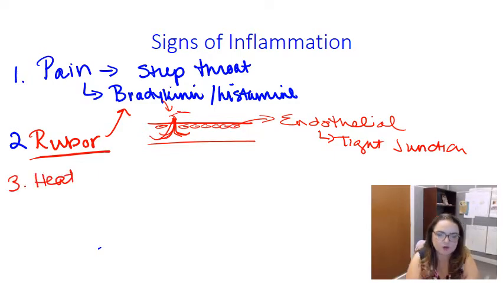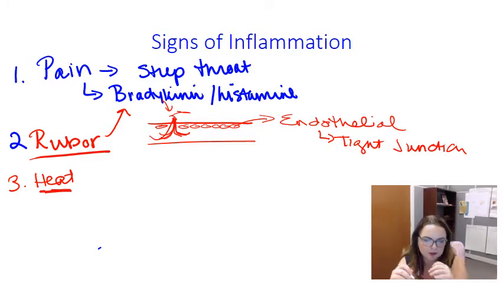We see an actual change in temperature. So if you think about this, I'm not necessarily thinking about fever. We'll talk about that in a minute. But heat is also a reason for the redness. More blood flow into the affected area makes it feel actually warm to the touch. And you can think about this if you've ever had